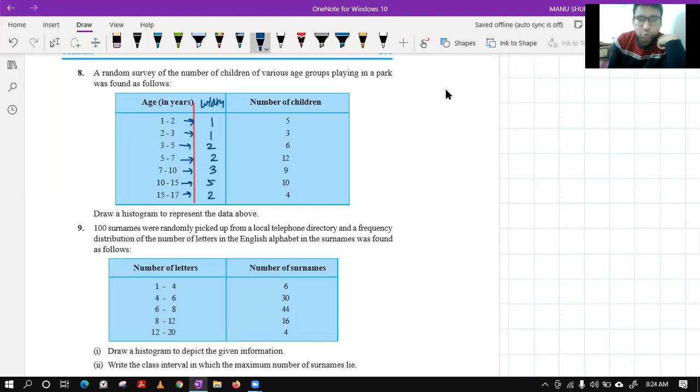Here it is 2. So class, we have observed all the class widths that are given to us, and we will try to find out which width is minimum. So as you all can see, the minimum width is 1. Class, please confirm. The minimum class size that we can see is 1. So we will try to find all the frequencies for this 1.